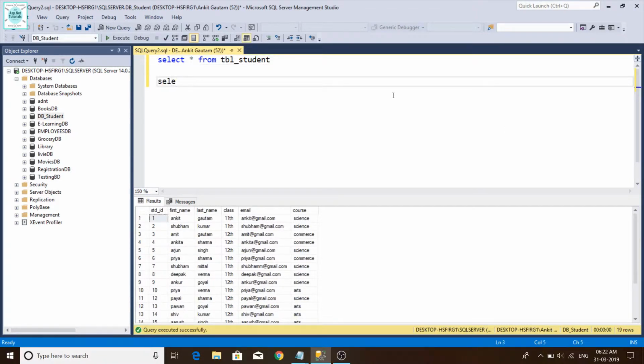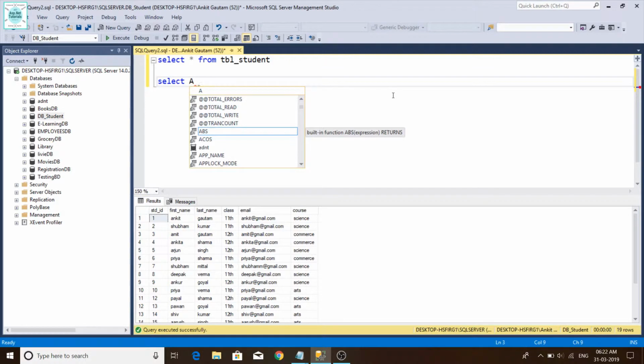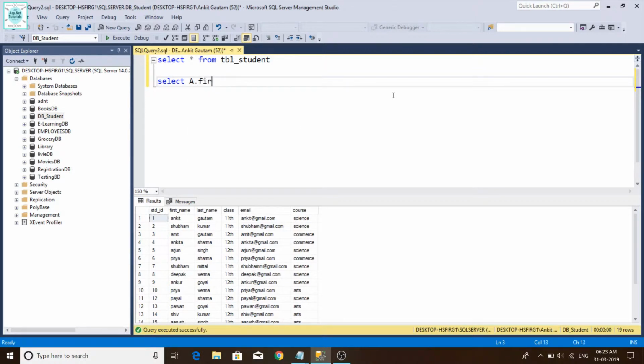So friends, we write a self-join query. Select A dot first name as first name, B dot last name as last name